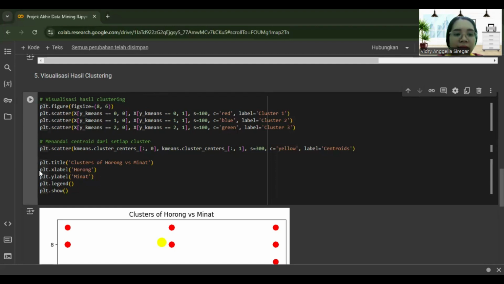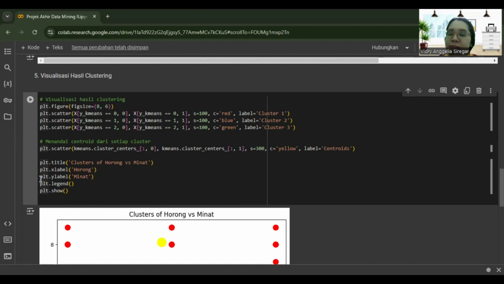plt.xlabel adds a label to the X axis indicating that this is the horizon value. plt.ylabel adds a label to the Y axis indicating that this is the interest value.